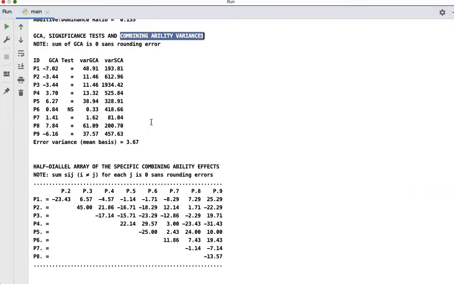A parent with a significant GCA effect in the right direction, positive or negative, with low variance, tends to transmit its good trait more uniformly to its offspring. Parents like this are usually referred to as good general combiners. Lines that are good general combiners can be useful components of synthetic varieties, as well as other broad-based populations that breeding programs may develop.